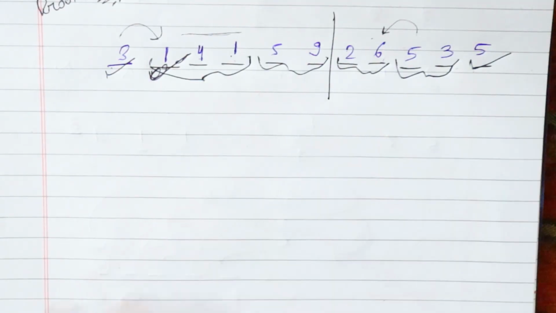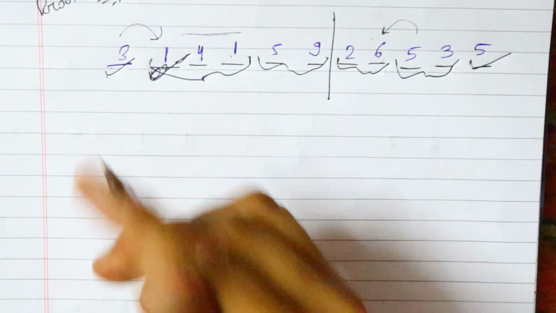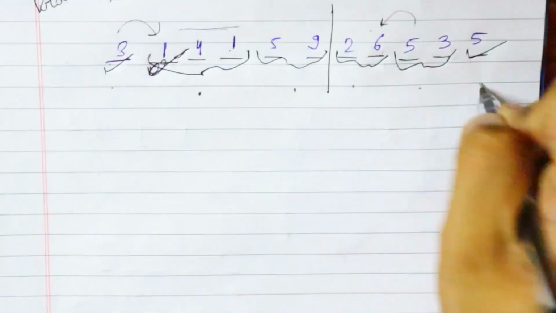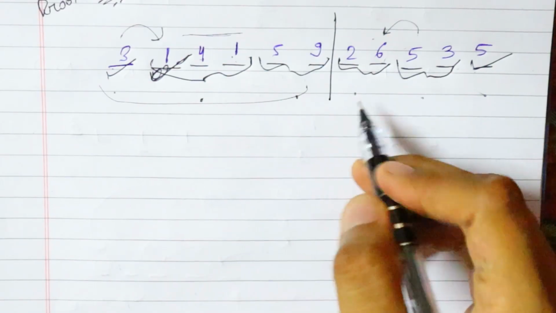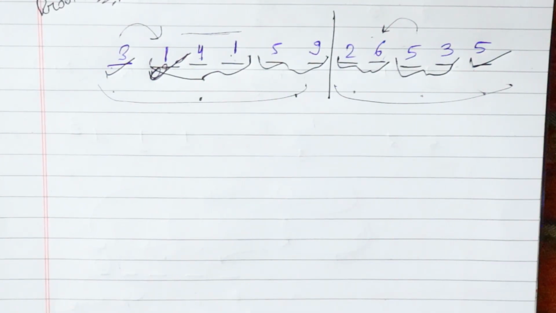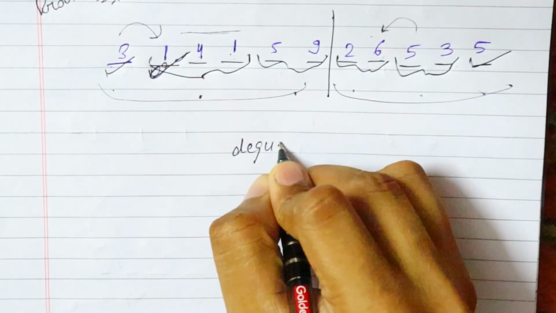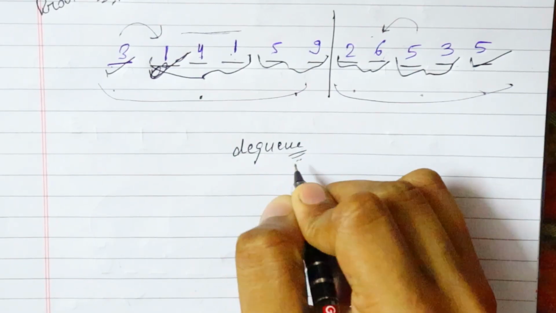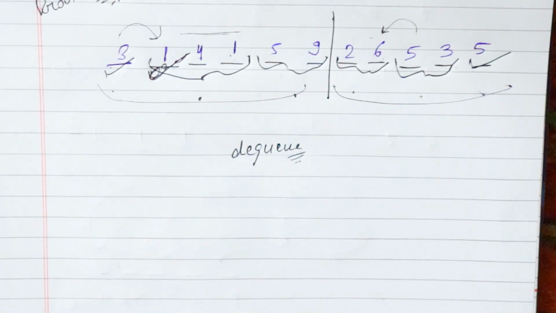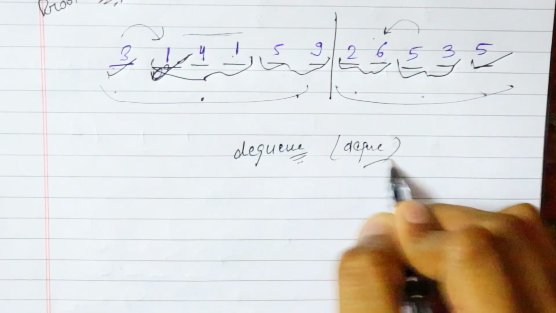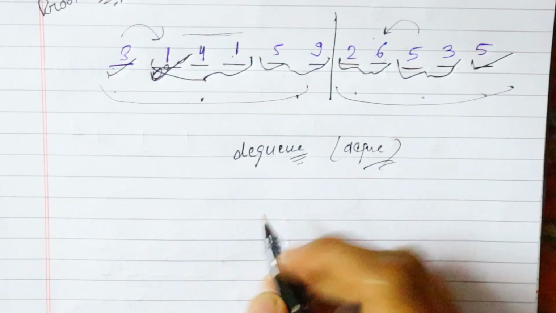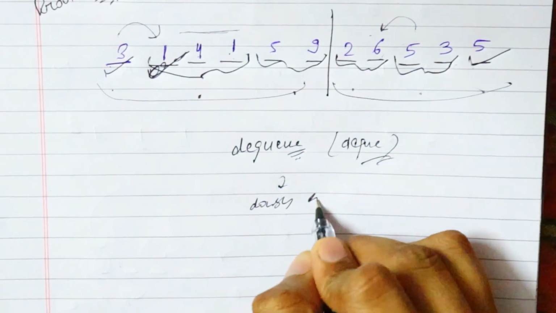So what I finally need to print is the number of rounds, which are 1 2 3 4 5 and 6, and I also need to print the sum of Alice and the sum of Bob. So what I will do here is use a data structure called a deque. The spelling might be wrong, it may be DEQUE. It is a doubly ended queue.